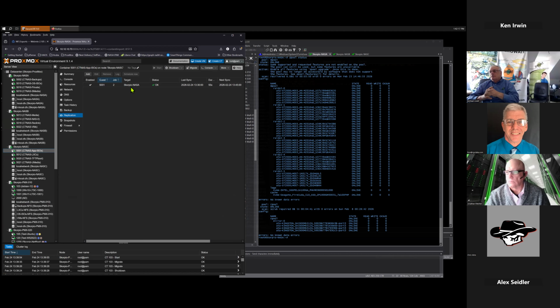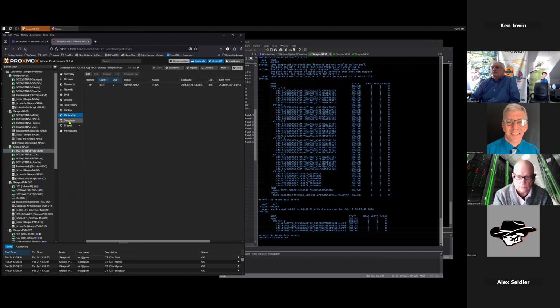As these get replicated, they also replicate any snapshots that happen, as you heard Chris talk about. When this replication happens, it takes a snapshot and then replicates the delta change to another environment.